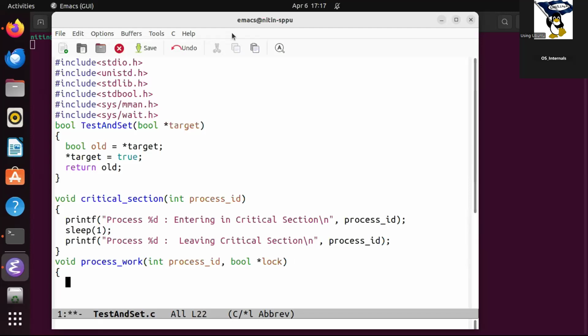Now in this code, we'll keep checking who acquired the lock. So we'll write if. Now we will call the function test and set, and then we'll pass this lock value there. Okay, what is the value that is given? So if